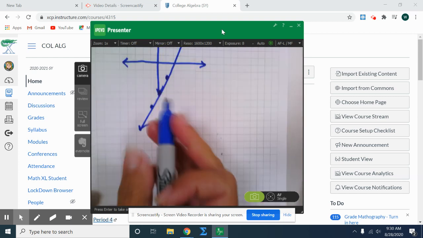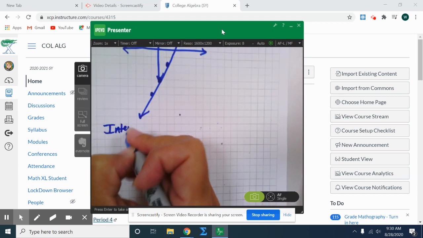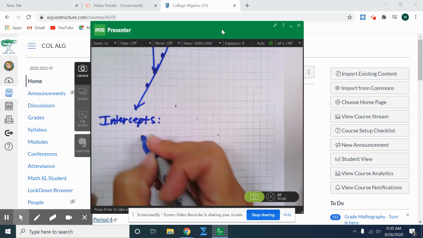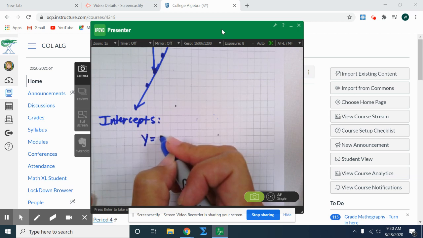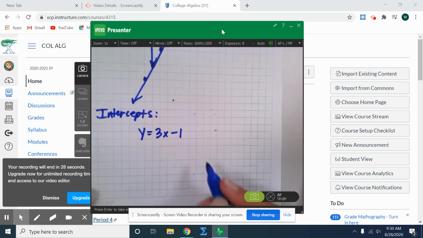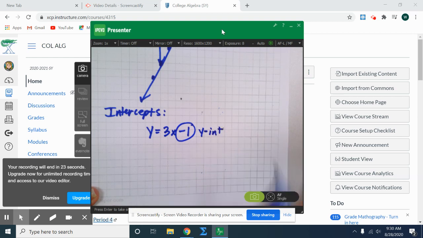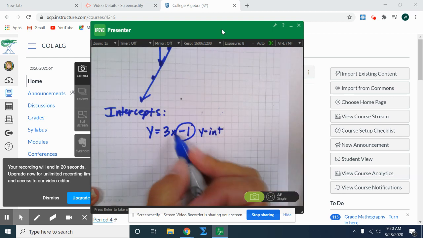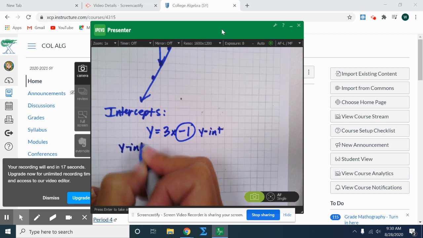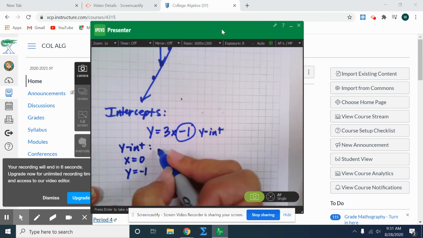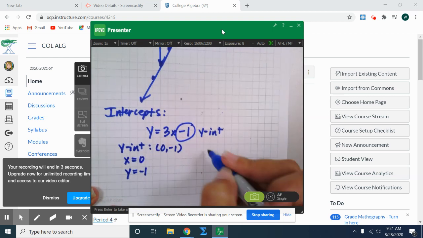One last thing, I just want to go over intercepts. If I have it in this form of y equals 3x minus 1, in that form I already have the y-intercept. So here's my y-intercept. To get the y-intercept, I can substitute in 0 for x. So x equals 0, I substituted in. 0 times 3 is 0, minus 1, the y value equals -1. So my y-intercept is at 0, -1. If I want to find the x-intercept,